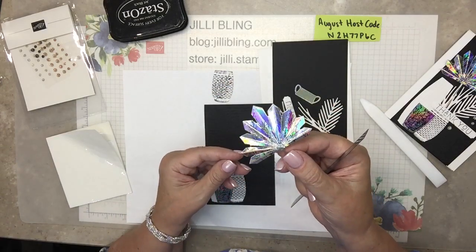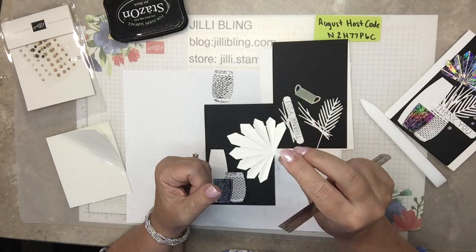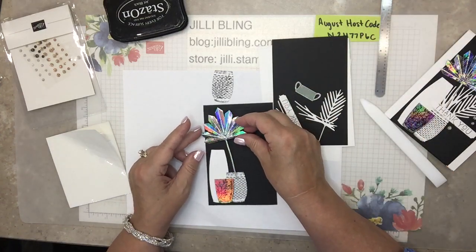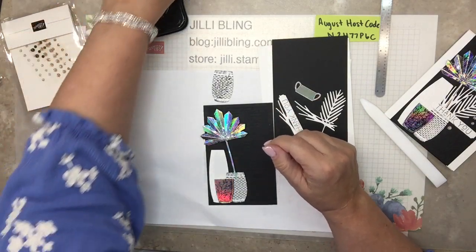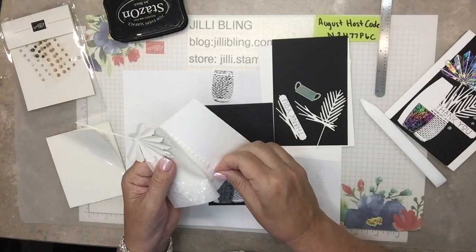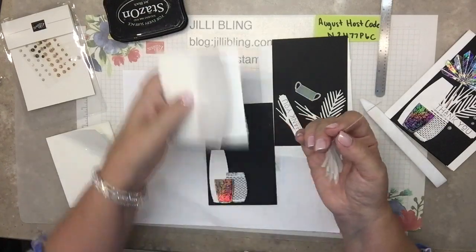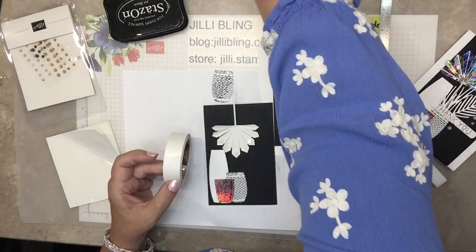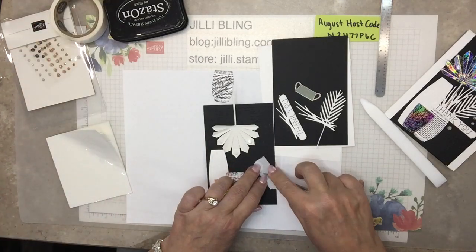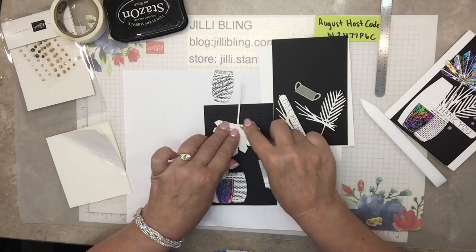Okay, so yeah, there you can see how doing the scores going upwards and the perforations going downwards really made it look kind of 3D. So this is going to go right about here. So I'm going to put three dimensionals on the fan part. One in the middle at the top. Maybe the third one in from the edge. But what seems to be the trick is a glue dot, or two glue dots, right here in the middle. And that kind of pulls it downward, and that keeps the fan kind of in that shape. Probably until we get it into the envelope, but you know,